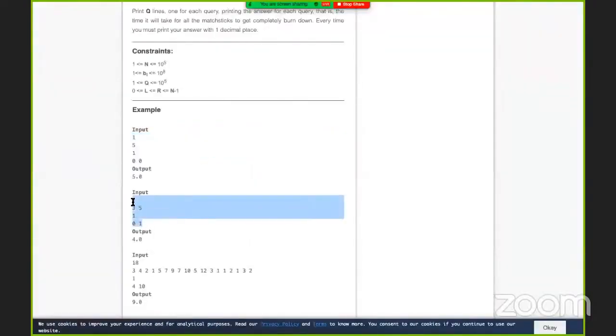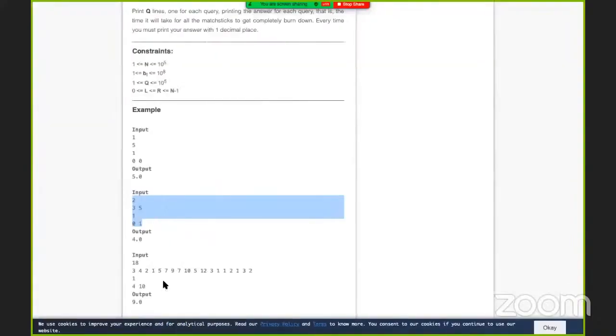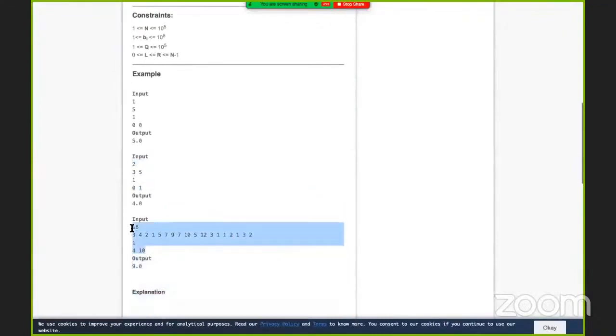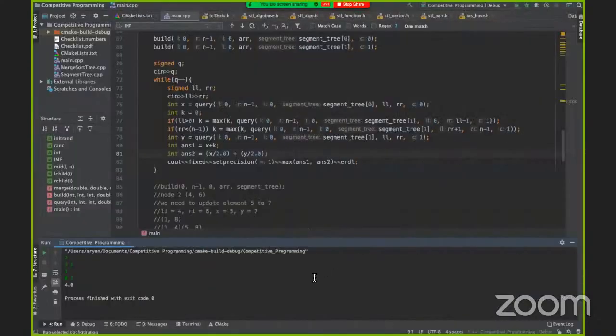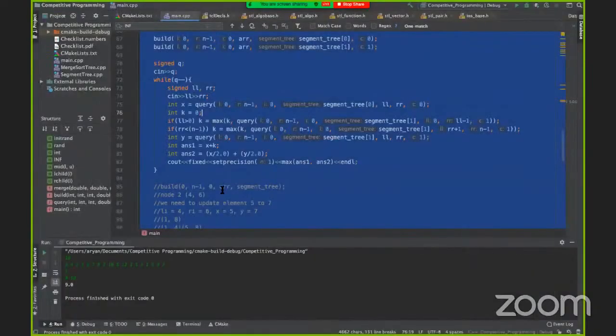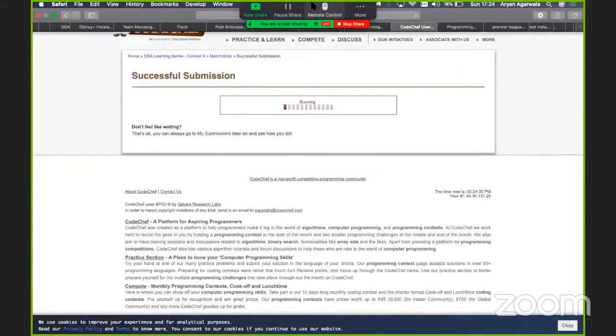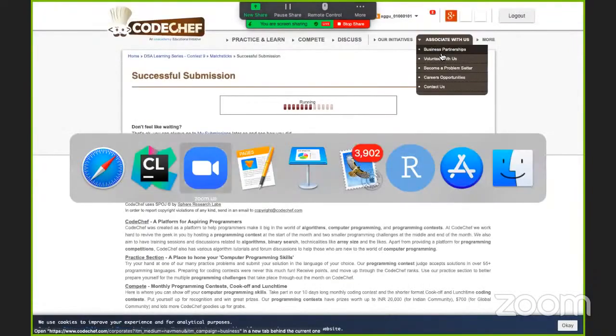Cool. I'm just testing everything. Perfect. Looks like it's running well. I'm going to submit it. Great. So that's problem 1.